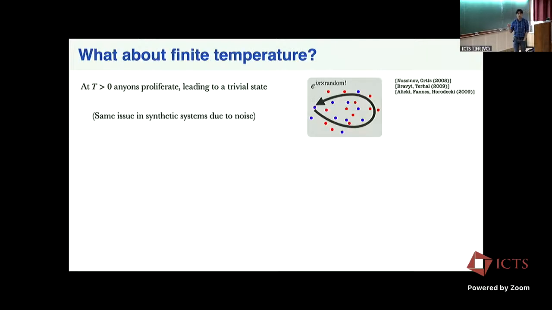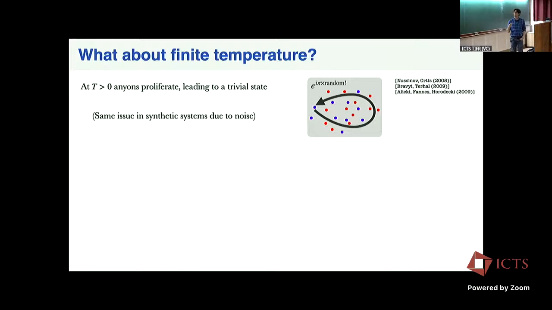Okay, so this was all about ground state phases. What about finite temperatures? As I mentioned at the beginning, it's well known, and actually known rigorously for a large family of two-dimensional phases, that if I go to finite temperatures and take the 2D toric code, it immediately becomes trivial. It's no longer in a non-trivial phase. The picture for this is that these point-like anion excitations immediately proliferate. You immediately get them all over the system, destroying any non-trivial order.